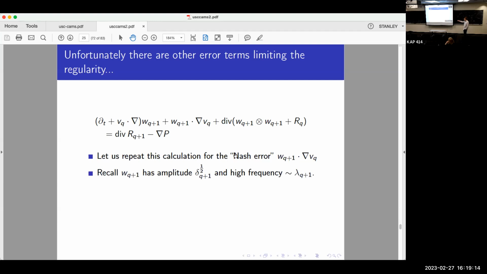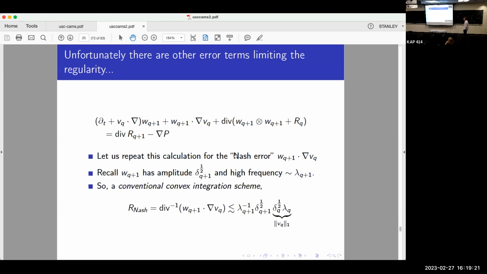Well, I won't spend too much time on the parameter sizes, but basically we know the amplitude and we know the frequency. So if we want to fit this error into the divergence of something small, hopefully, it should look like this. So we know the amplitude of W is this. We know the size of the derivative of the previous velocity field is basically this big. By the same argument, this whole error term is concentrated in this high frequency band. So when we invert the divergence, we pick up 1 over this lambda factor, which again makes this whole thing